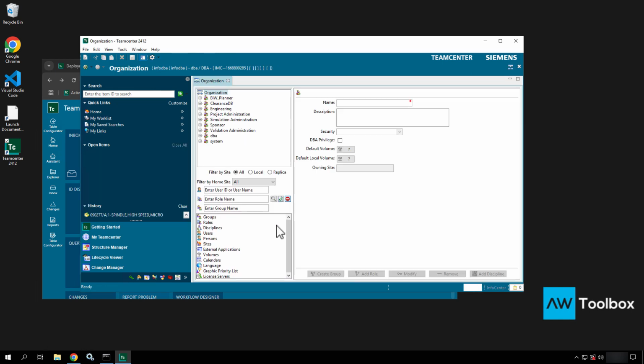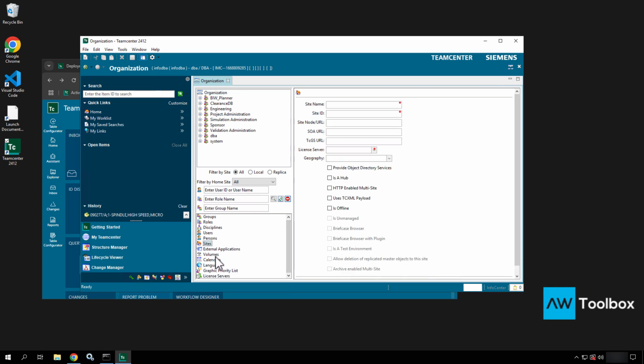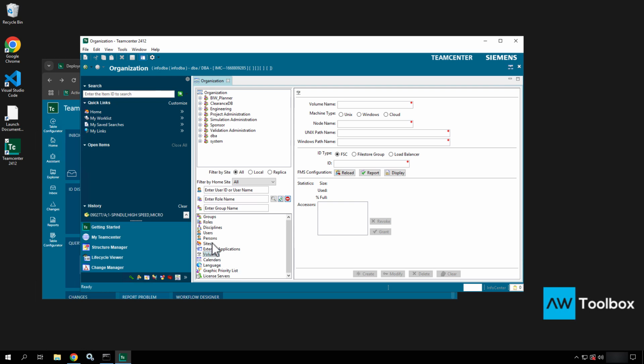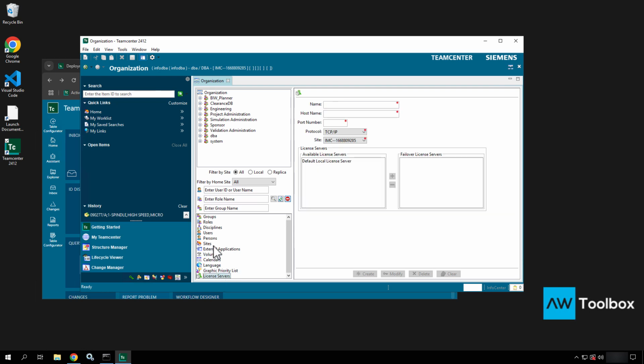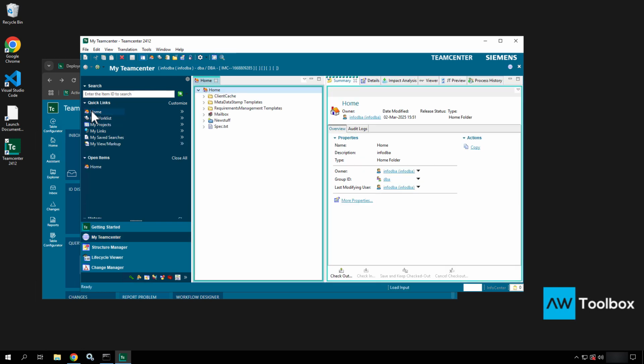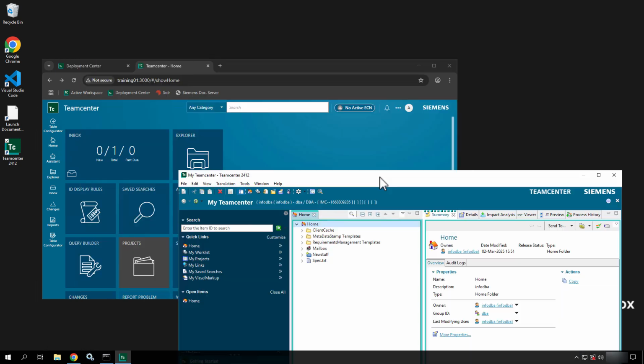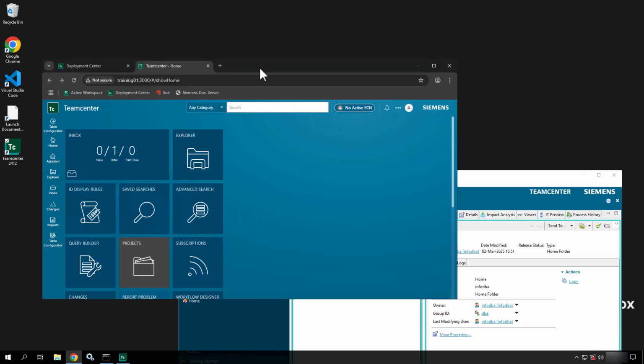If you open this up, there's an easy configuration point for sites, volumes, and these are essential locations as well as your license server that you need to come to on occasion during installations. So I would like to see an option for that in Active Workspace as well. But overall, these are the types of tools that administrators need to understand going into the Teamcenter platform to support